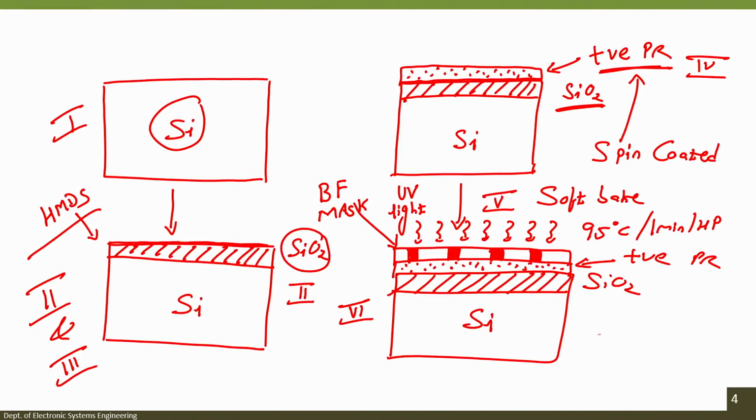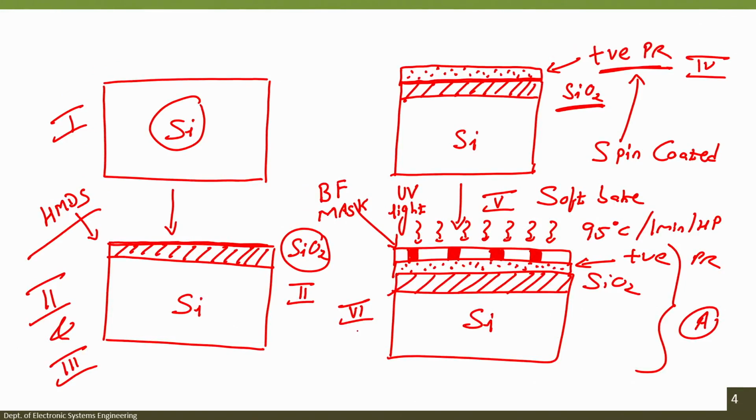If I say this wafer which is exposed by UV light is called A, then I have to dip this A in a beaker which has a photoresist developer. Okay. So, I am dipping the wafer which is exposed with UV light. Of course, I will remove the mask and then I will take the wafer and dip it